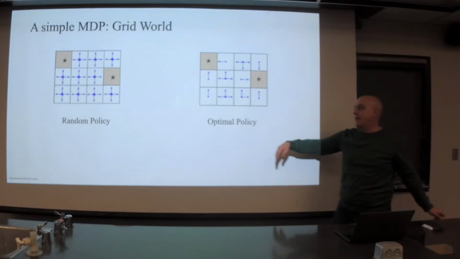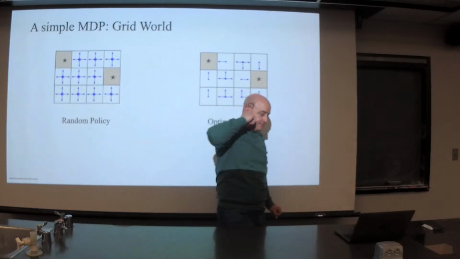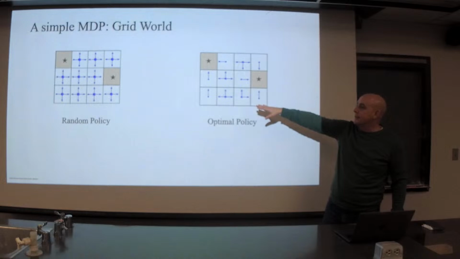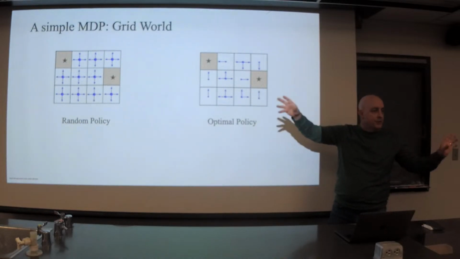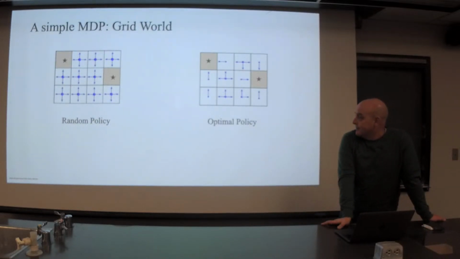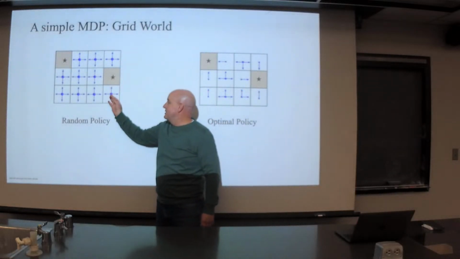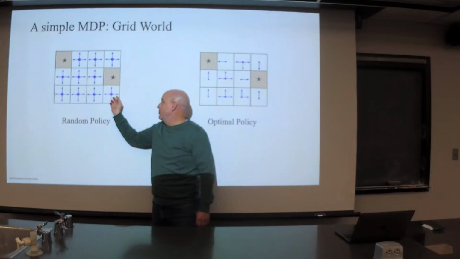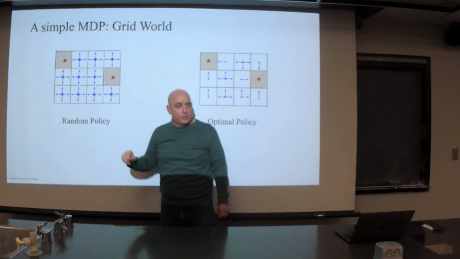Well, let's say you have just a random policy, uniformly random, in the sense that wherever I'm at in the space, I have an equal probability of moving in any of the directions. That's a uniformly random policy. Does that look optimal or not? Yeah, not optimal, right? Because if I am right next to a terminal state, I want all my probability to be concentrated on taking the one move that would get me to that terminal state.